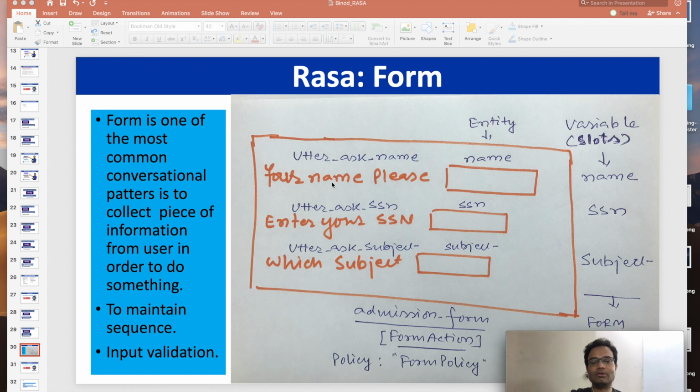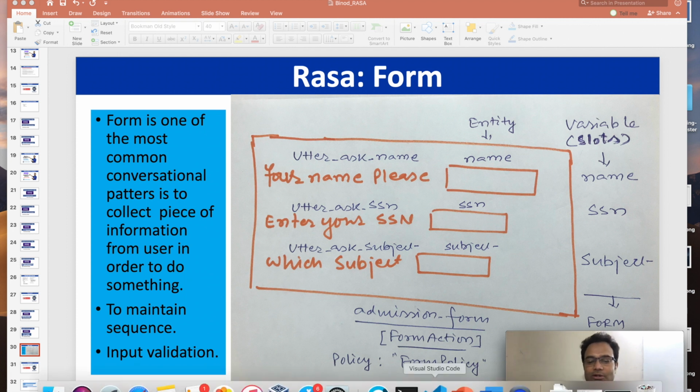By default, if you give utter_ask_ followed by your slot name, and in my case the entity and slot name are the same, for example utter_ask_name, it will automatically bind for that particular thing. These are inbuilt and already defined. And to enable the form, you have to go to config.yml and add one policy, the form policy. So let us start the code.